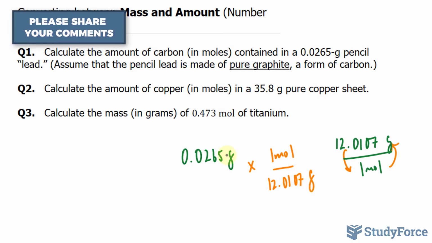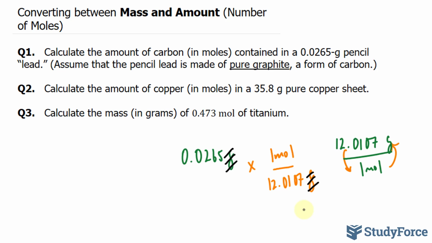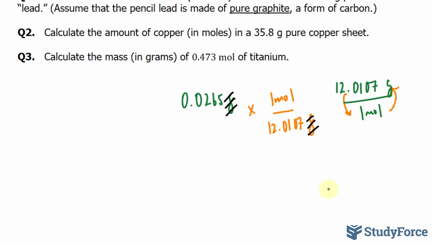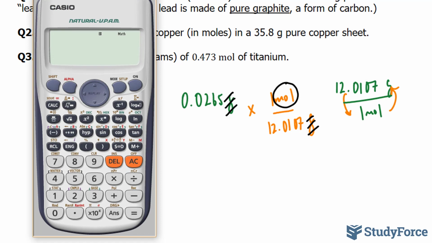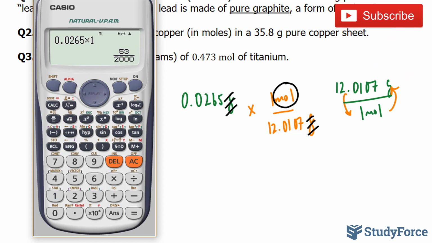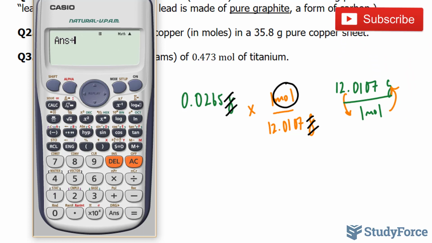The reason why I'm doing this is, you see these grams and this gram unit, it cancels out. Much like if you were to divide two numbers that are the same, like 10 divided by 10 is 1. Gram divided by gram is also 1. The unit that you're left with is mole. So let's multiply 0.0265 times 1, which we don't need to do, but we'll do it anyway, divided by this number at the bottom,